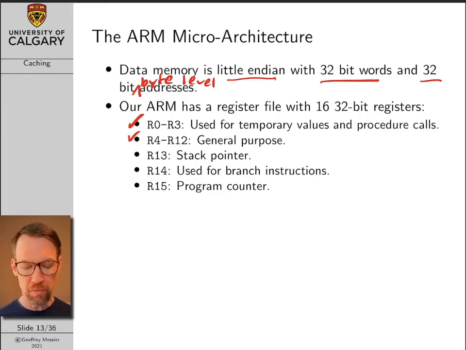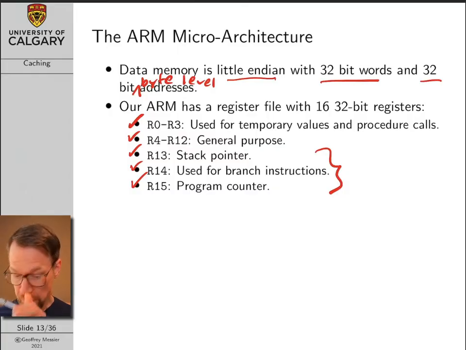Just for information, register 13 is our stack pointer. 14 is used for branch instructions, and 15 is the program counter. We're not going to use any of these special purpose registers. We're just going to use the general purpose ones. But this is just to sort of put things into context relative to what we've been talking about in the